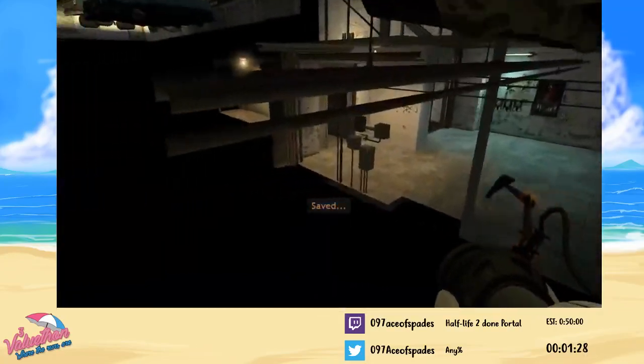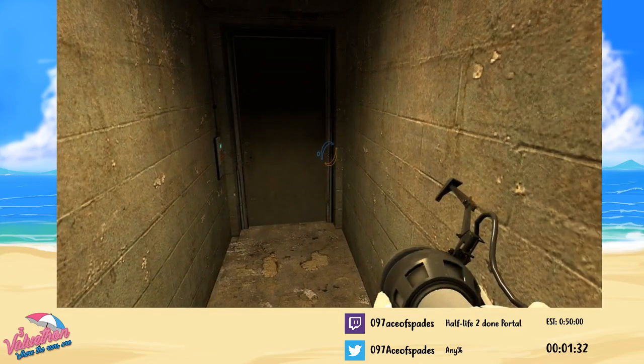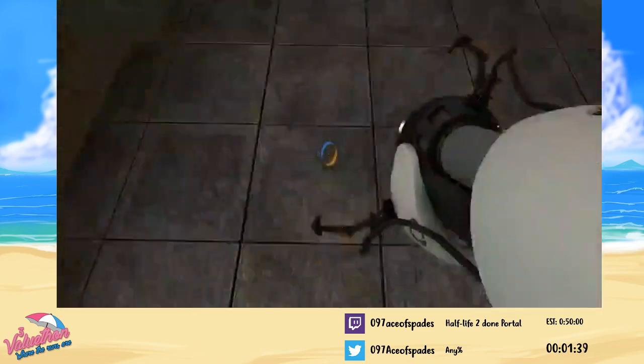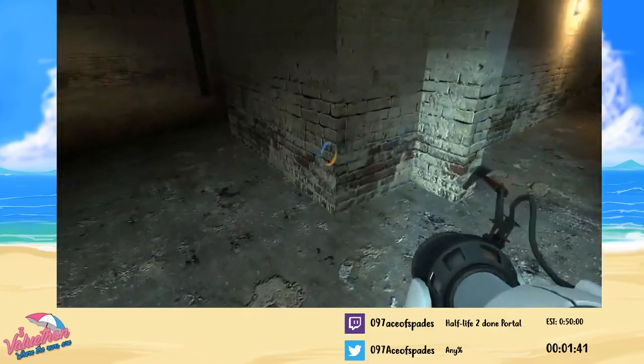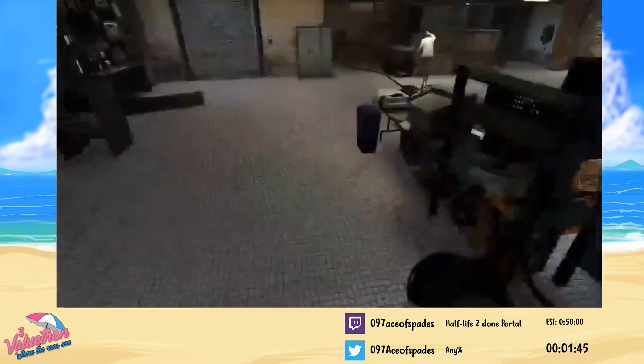Now, just gotta make one final jump. There we go. Here we are. So for this next map, there's usually a long cutscene that you have to wait through before you can enter this room, but we are going to once again save glitch ourselves so that we can just hop straight through this wall